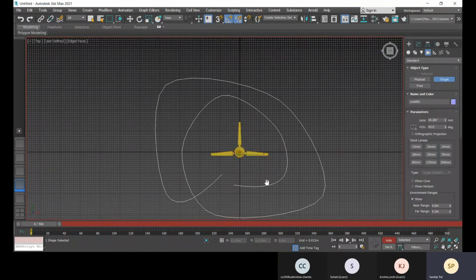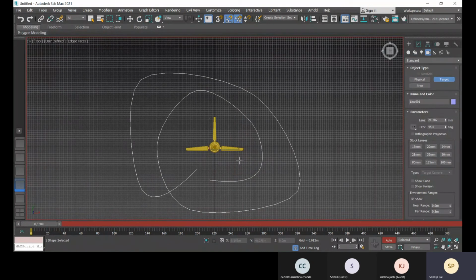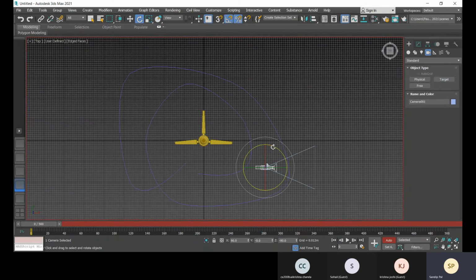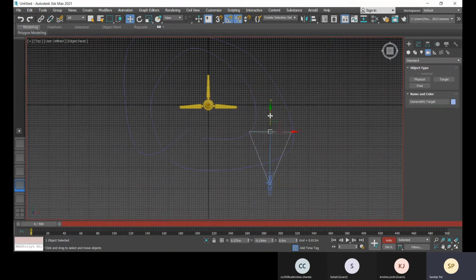So we will place a target camera that will only focus on this, and now place the camera initially and then just press W, move the target, so this is the target.